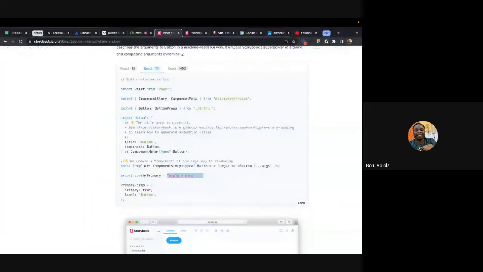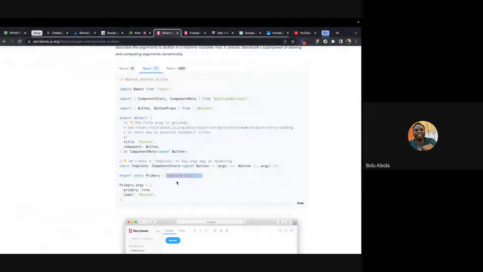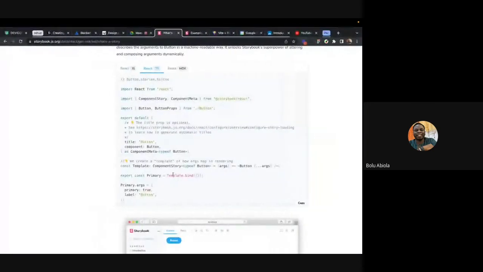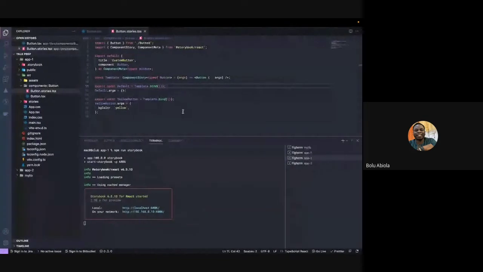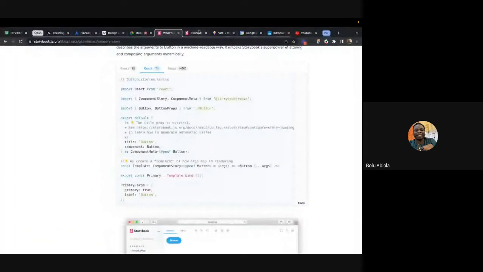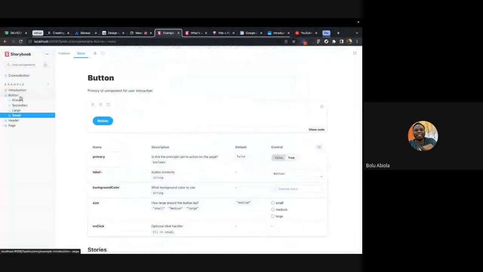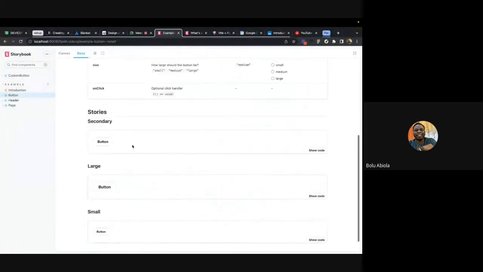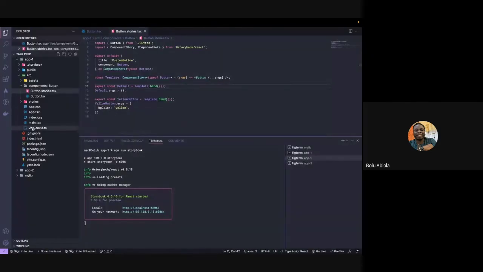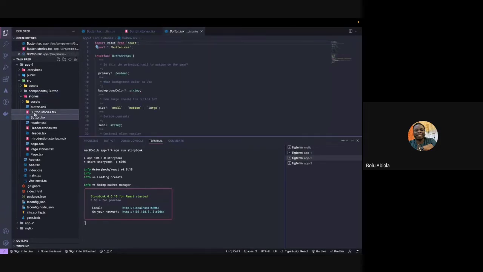We are exporting our primary, we are binding, we are passing arguments, exporting defaults. Okay, since I can't figure out the bug right now, let's just use one of the existing ones. Let's not waste too much time. Let's go to button, or probably it might be because of this. Anyways,